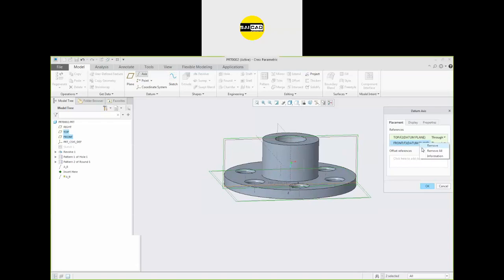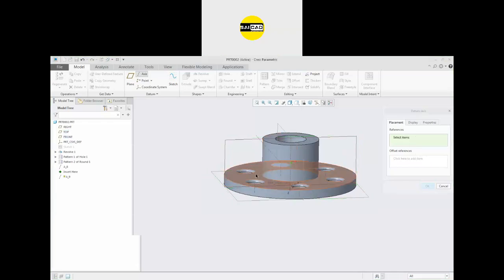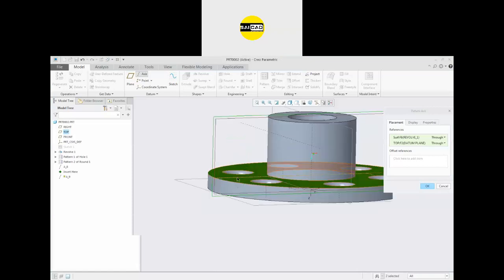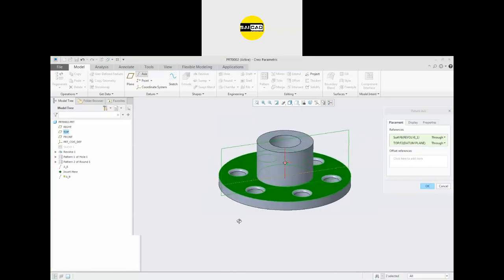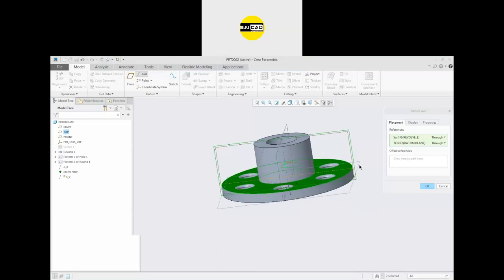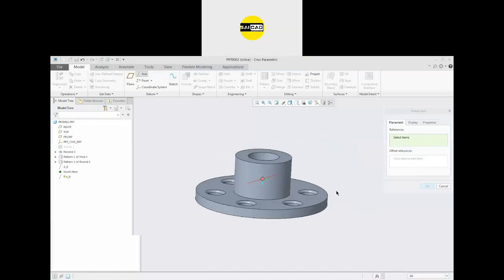If you want to create at this one and this one, the axis will be created on that surface. So these are the types in which you can create the axis.